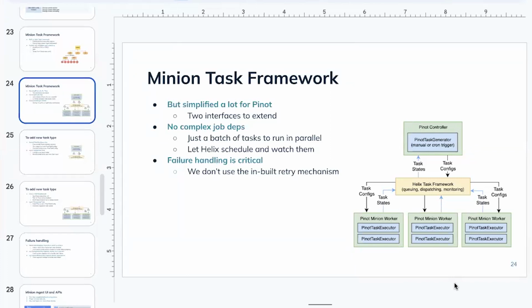Correct. All of the different features that you want in your task. Correct. To compose so that once this is done, you start the other one. Yeah. We haven't gotten to that, but I think we have also seen the need for that. It needs some work on the foundations in the Minion task framework itself to be able to compose that. We haven't gotten to that, but I'll make a note of that.